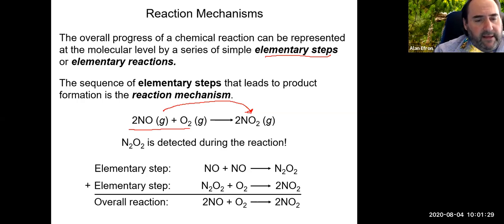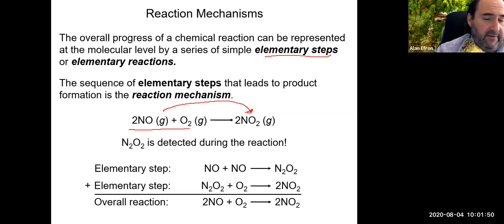The reason why we think about these things not occurring as a one-step process going from reactants to products is, for example, if we take that reaction we're looking at here in the middle of the screen, NO plus O2 to form NO2, which is a bad brown gas,